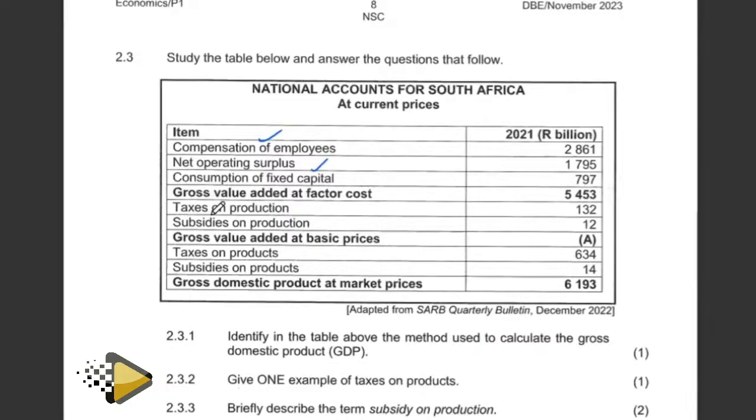The figure is there. We have taxes on production. We have subsidies on production. We have gross value added at basic prices, and the value is unknown. We also have taxes on products, also subsidies on products as 14, as well as gross domestic product at market prices. Okay, right. So grade 12, without even struggling to identify the type of national account method that has been used to calculate GDP,